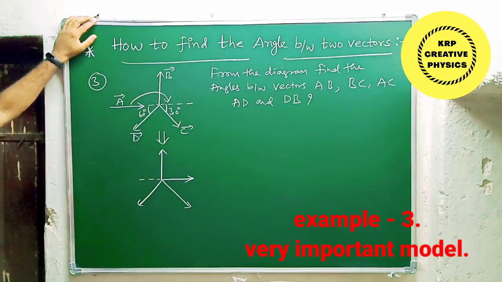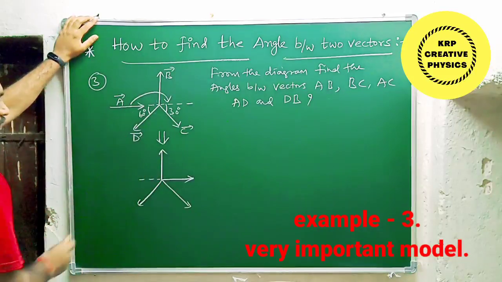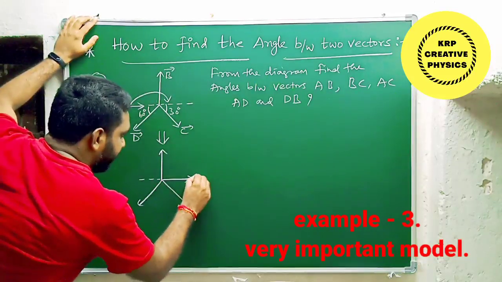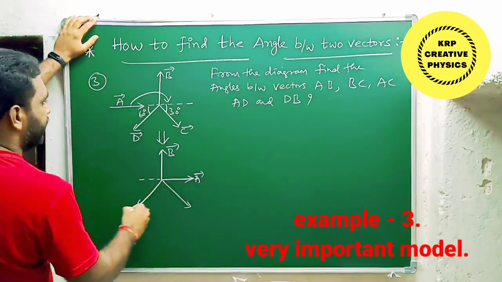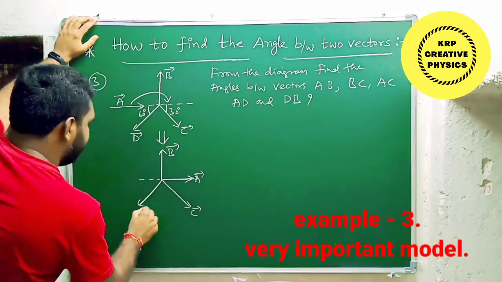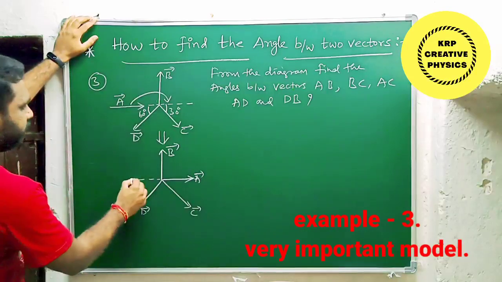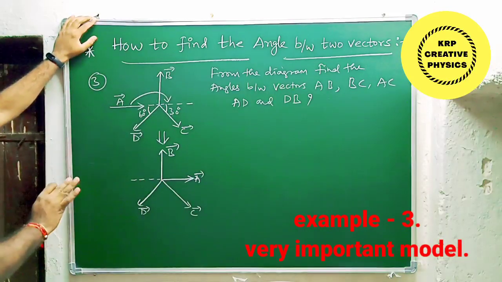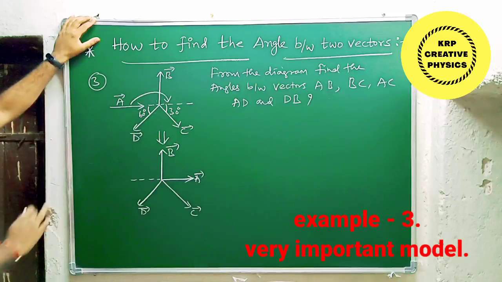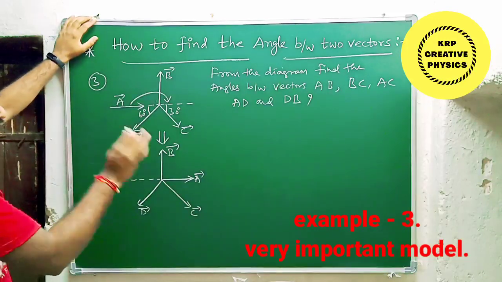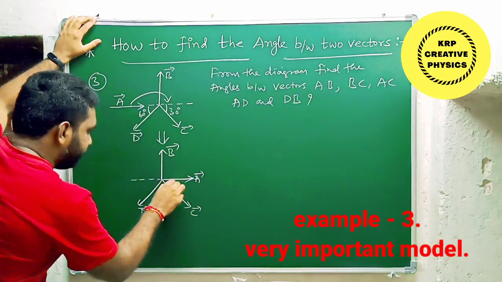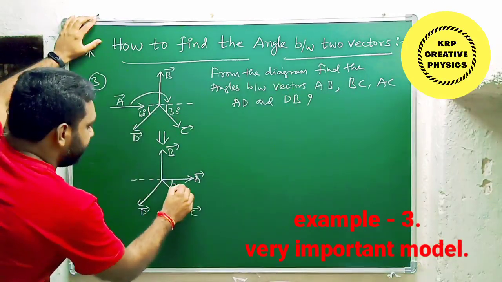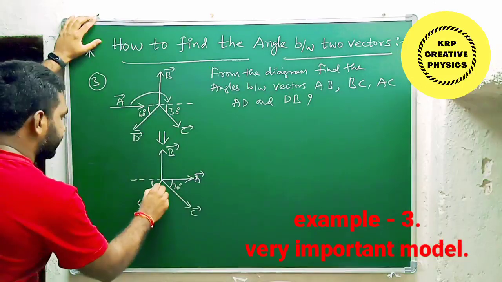So in this way we can find the angles between any two vectors. Now this is the correct position. This is vector A and this one is vector B and this is vector C and this one is vector D. Okay? So this is the logic. If you draw like this, then you will get the answer. Then you can find the angle between any two given vectors. Now we need to write the angles according to the question. So here 30 degrees is there and here 60 degrees is there.